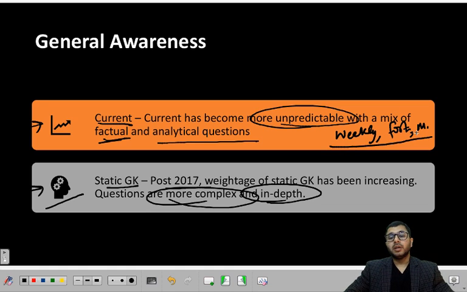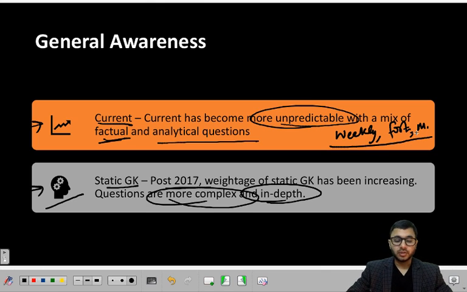Secondly, in a lot of current issues, things build up day after day. So when you're covering it fortnightly or monthly, you're able to cover it together and you're not overlapping or covering the same thing again and again and wasting your time. So let's say GST, something happens. GST has been in news for the last 1.5 to 2 years. So if you're covering it every day, you're reading the same thing again and again on a daily basis, which is not required. Revision is important, but this level of revision wastes your time. So it's important that you cover it weekly, fortnightly, or monthly.